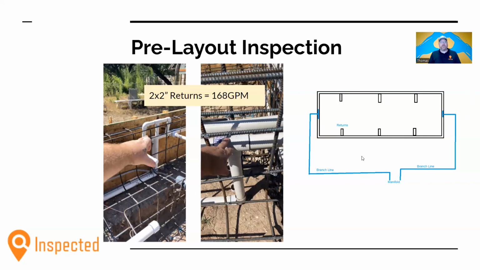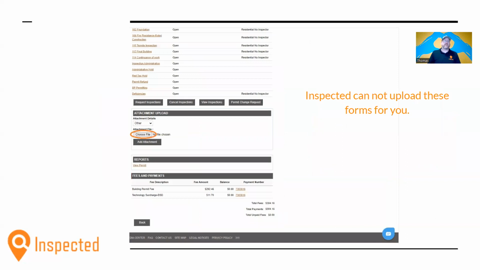And that allows the water to be distributed evenly around the jets. So you don't have one jet at 100%, then the one on the corner at like 60%. And it also allows water to move up to 168 gallons per minute, which is more than almost all residential pool pumps can move. So once we've reviewed these items as part of your pre-layout inspection and discussed some safety items that we'll get